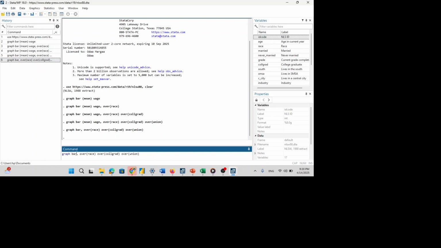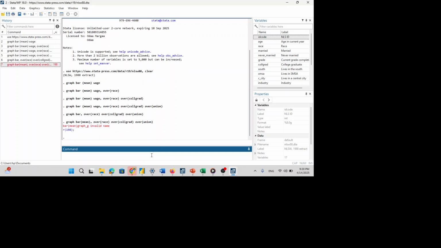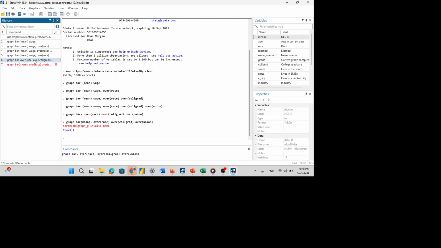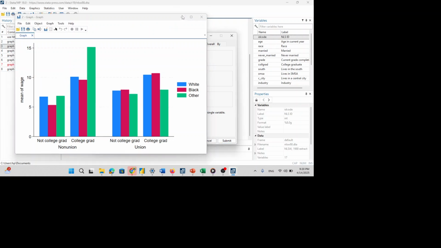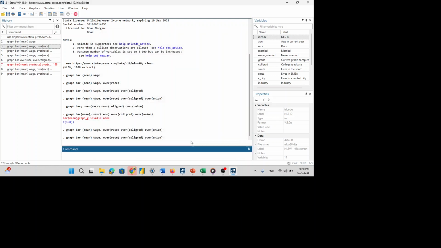Let me use graph bar of mean. Let me submit this one again. Click OK.